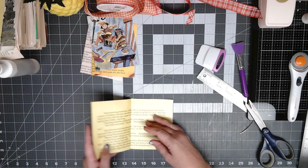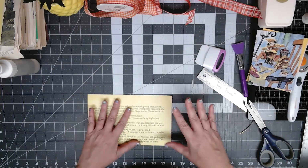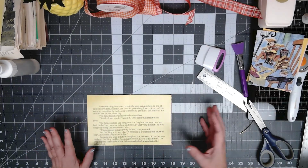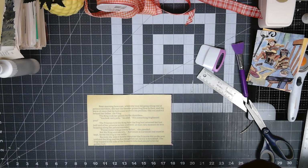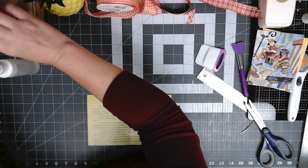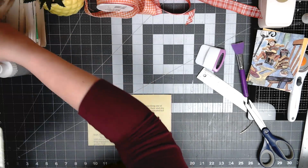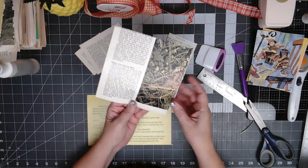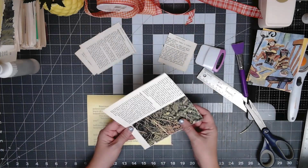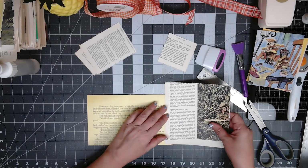Now, the next thing we're going to do for all of these is we're going to get some book page. I know, more book page. It's kind of fun because this makes a bunch of neutral surfaces that you can decorate. I wonder if I can use any of this already cut book page. It's going to depend. I don't want too much in the way of